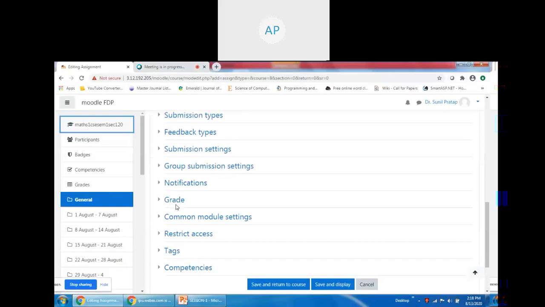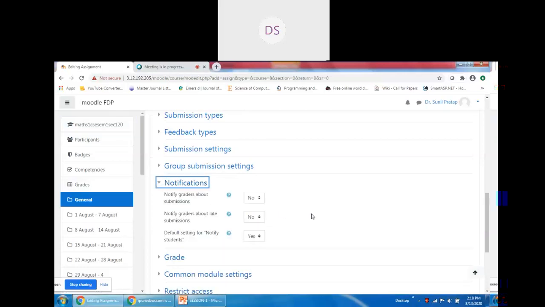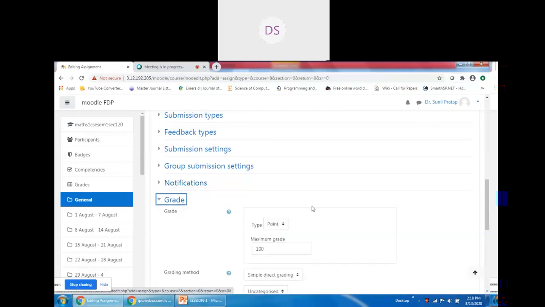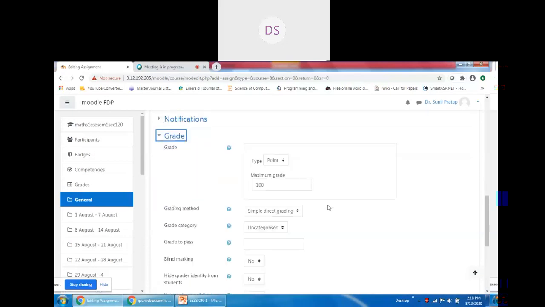Notification part, I discussed. The grader will get the information that so and so has submitted the assignment. Now the important thing is grade. By default the grade is point. How many marks or points will you assign for this?